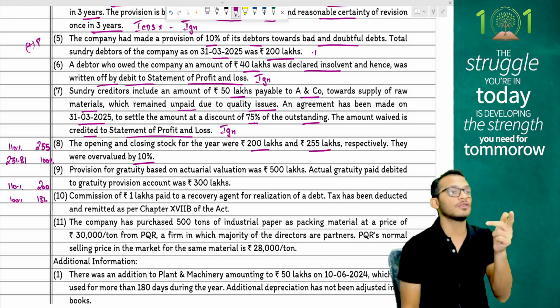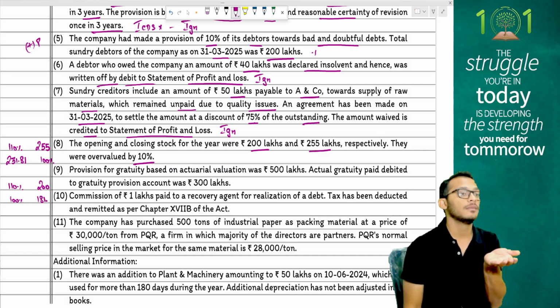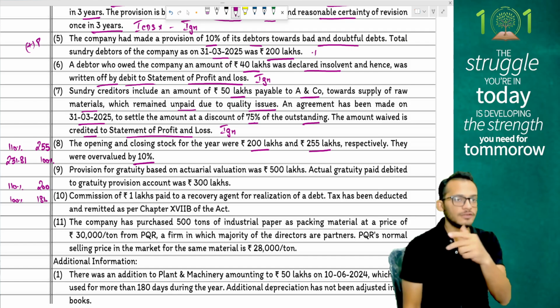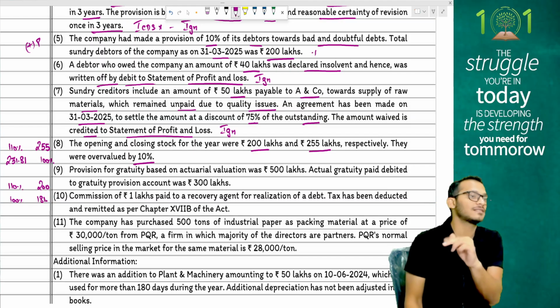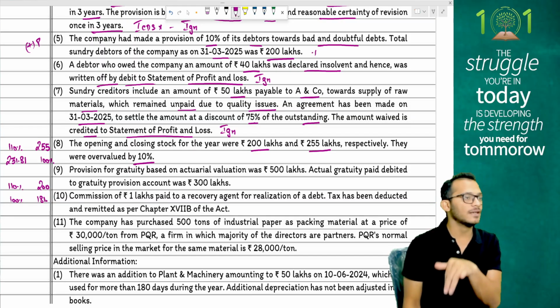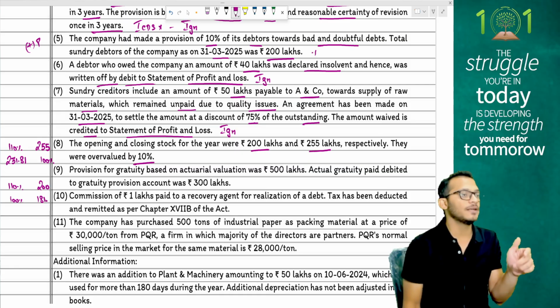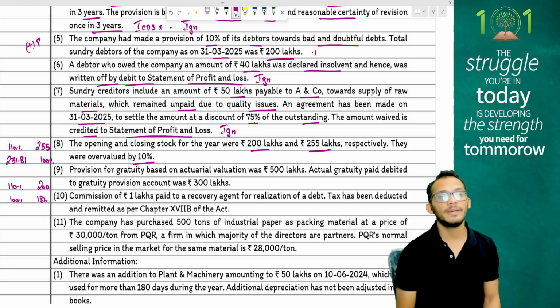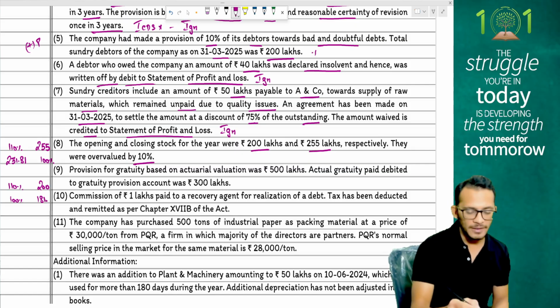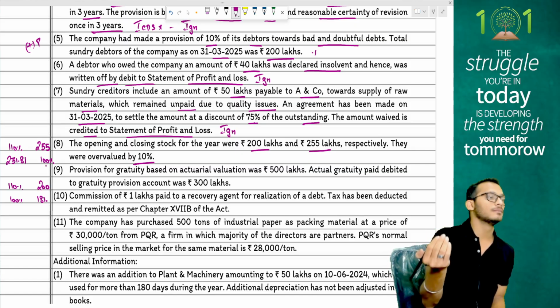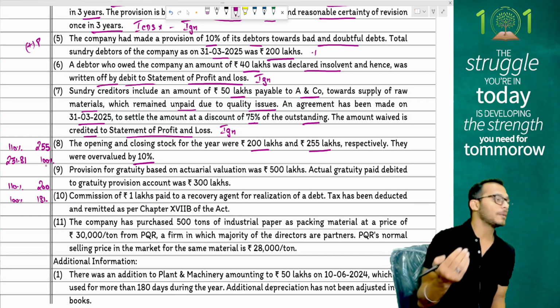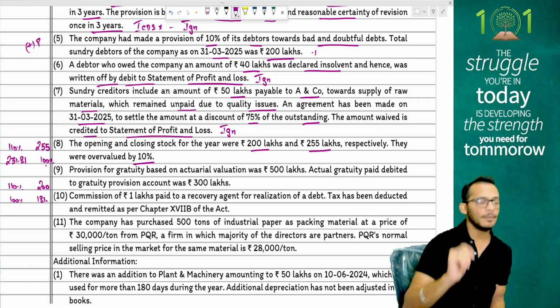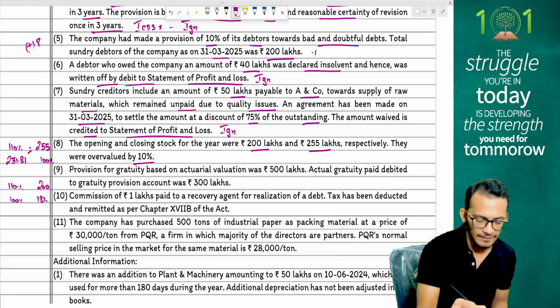If opening stock is overvalued, I claimed more expense. If closing stock is overvalued, I claimed more income. So whatever is extra in closing stock will be reversed, and whatever is extra in opening stock will be reversed. Yes or no? People, if closing stock is reversed, my profit will come down, and if my opening stock is reversed, my profit will go up. Keeping that thought in mind, people, 255 and the 231 is